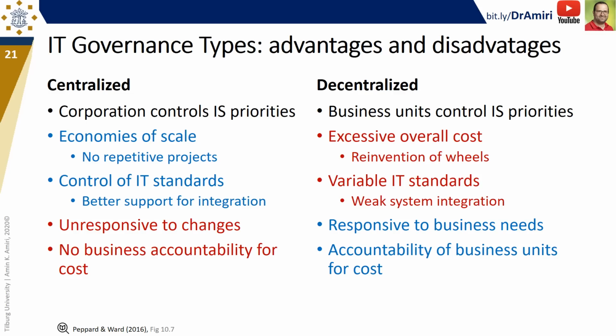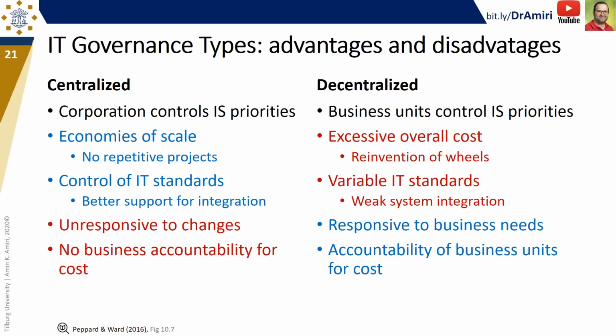In the centralized IT governance type, where the corporation controls highest priorities, you can see advantages such as economy of scale, which means that because the entire corporation tries to get hold of an IT resource, it would be easier to do that with lower cost. Even when you, for example, get the license for Microsoft Windows, then all the strategic business units in the corporation, all these SBUs, can use that. So the cost would go down. Moreover,